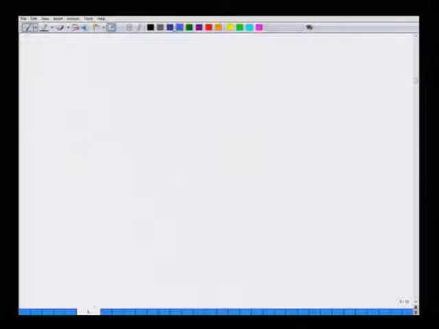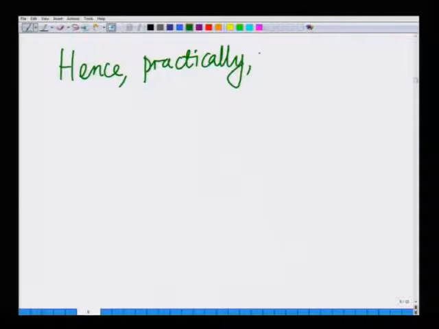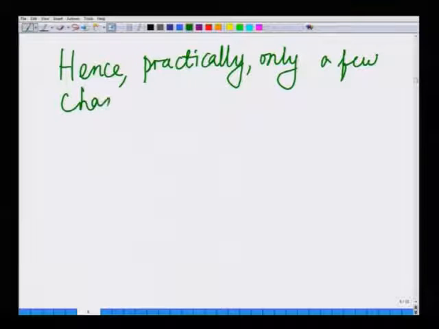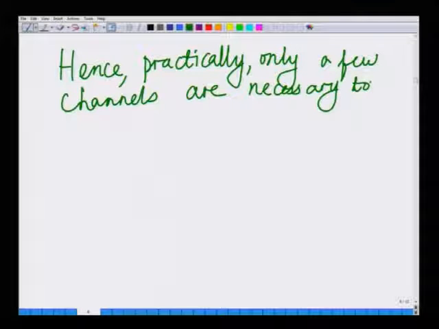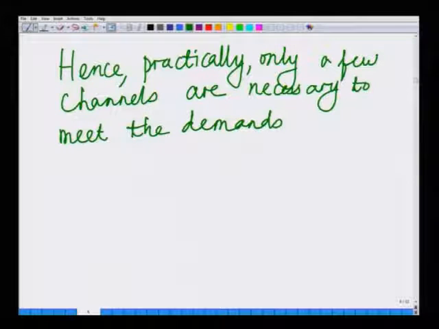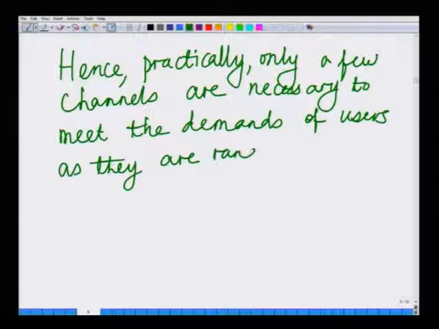Hence, speaking practically, only a few channels are necessary to meet the demands of users as they are random